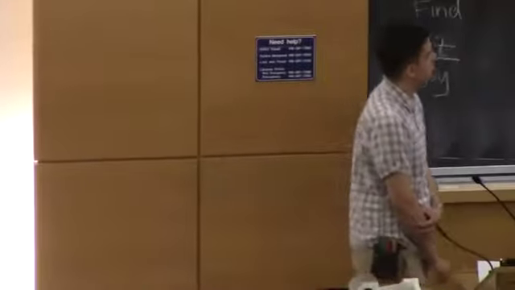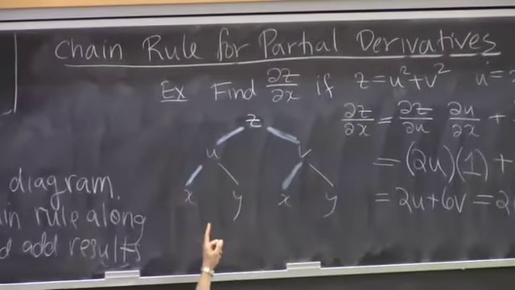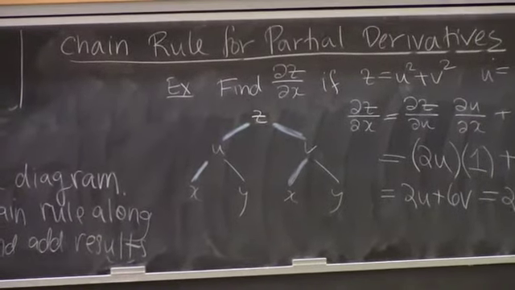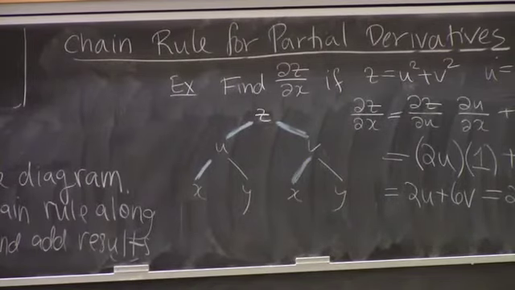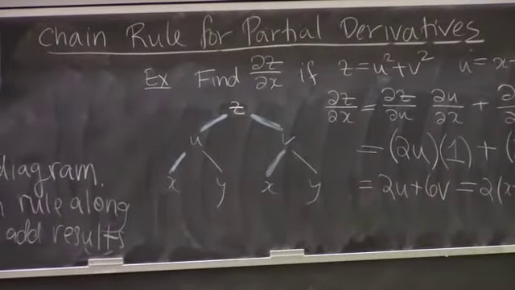Right, good question. So the effect of the change, we have to add up the effect from U and V. Is there a good explanation of why that is? I always find it helpful to think of these kinds of things in economic terms. So if there's a change in the supply at U and a change in the supply at V, then we should add up those changes in supply. But a good mathematical justification I don't have right now, so I'll think about it and get back to you.